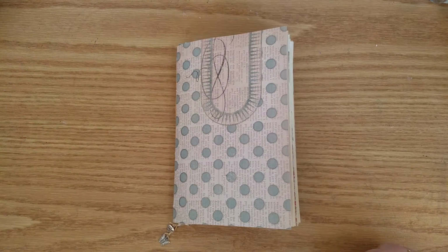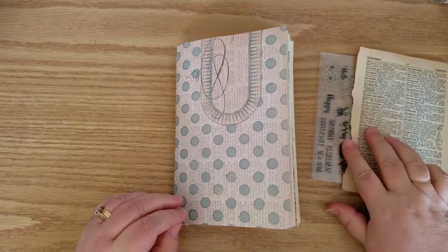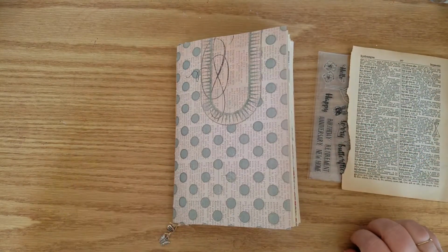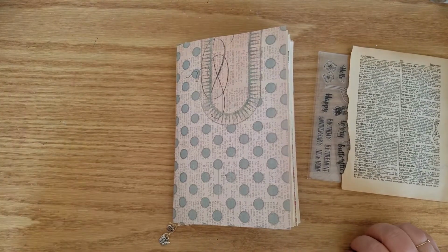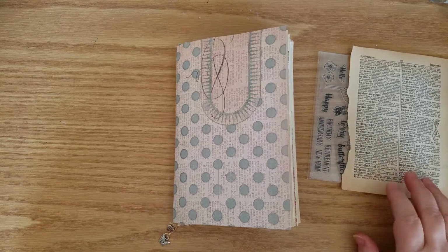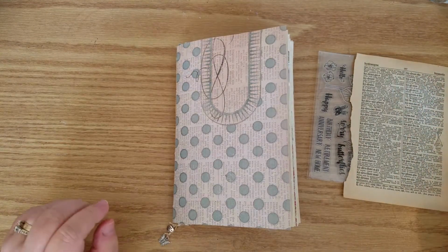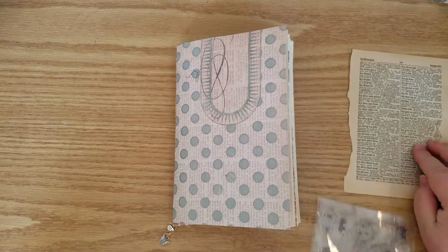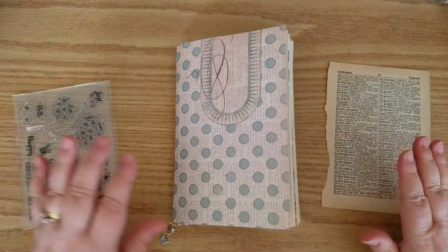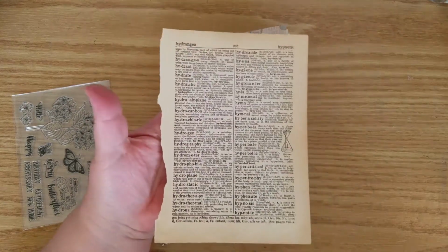Today I want to try a little something that I saw on... I watch so many videos, I don't always remember where I saw something. I think it was Joy de Fille, and what she did was she did a stamp on an old dictionary page and then did a bit of watercoloring on it and then used that in her journal. So I have a page here